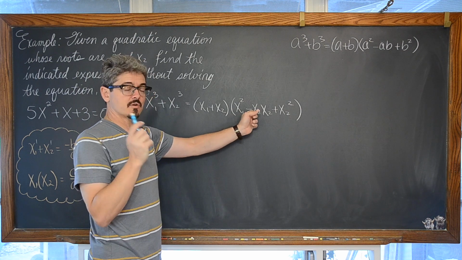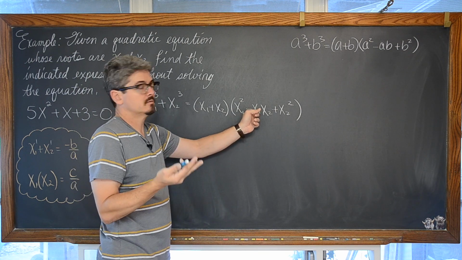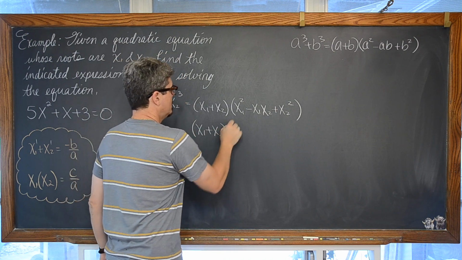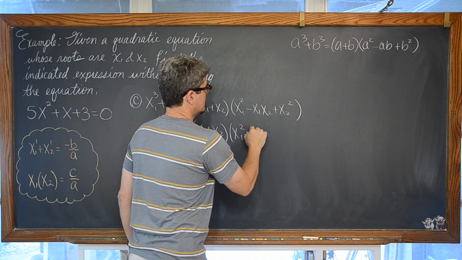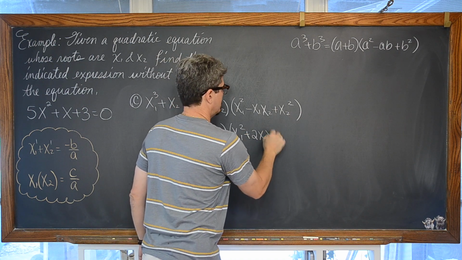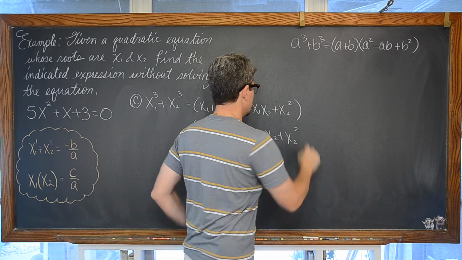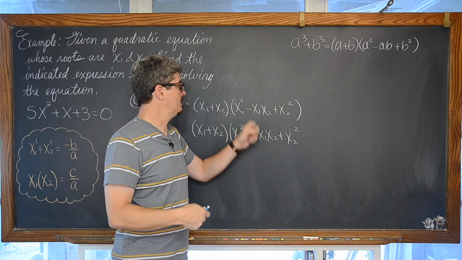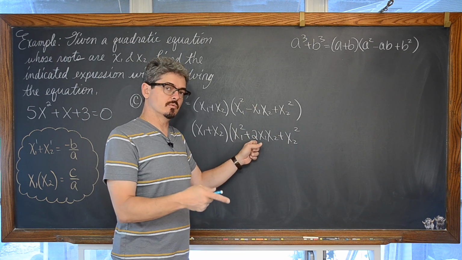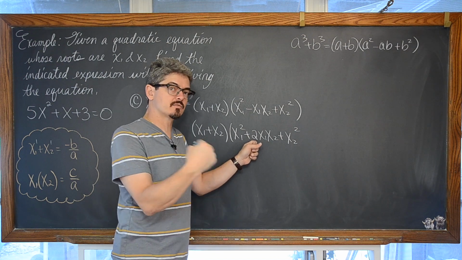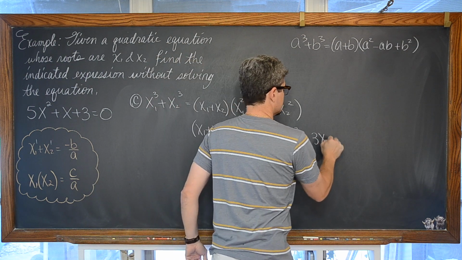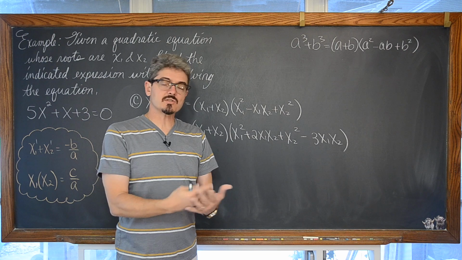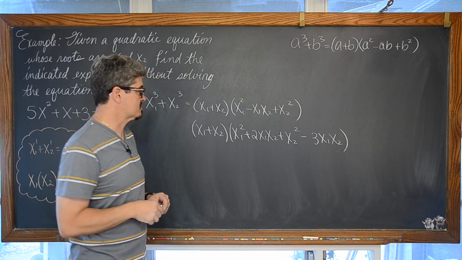So if I'm going to make that coefficient go from negative 1 to 2, I need to add 3 of these terms. So we have x sub 1 plus x sub 2 times x sub 1 squared plus 2 x sub 1 x sub 2 plus x sub 2 squared. But remember, I had to add 3 x sub 1 x sub 2 to go from negative 1 to 2. So if I'm going to add 3, I have to then subtract 3, so minus 3 x sub 1 x sub 2. So I added 3 and subtracted 3, which is effectively just adding 0. So I just made this look different. I didn't change its value.